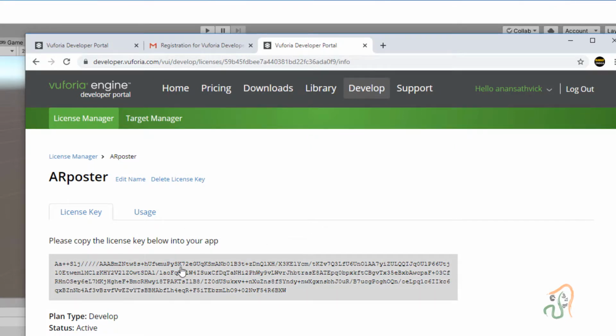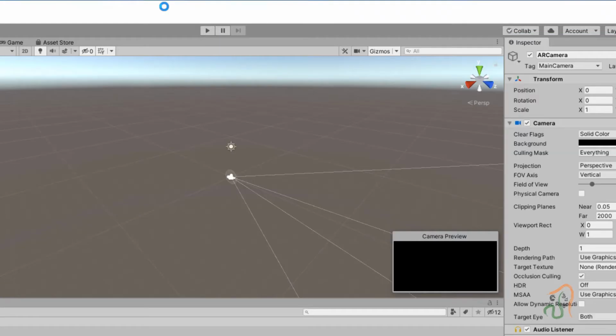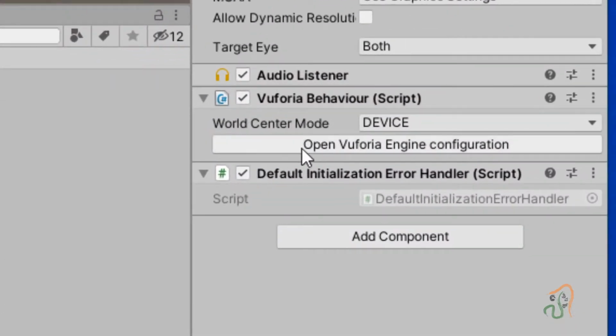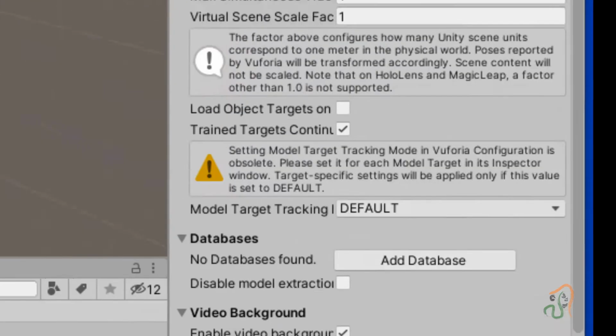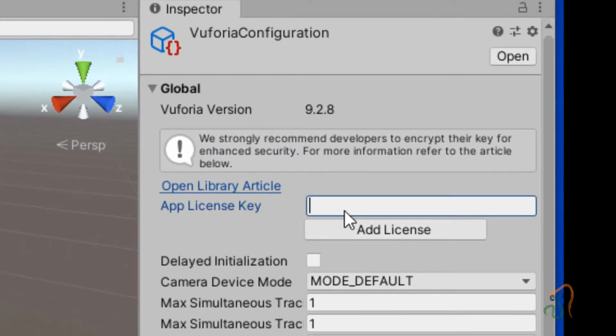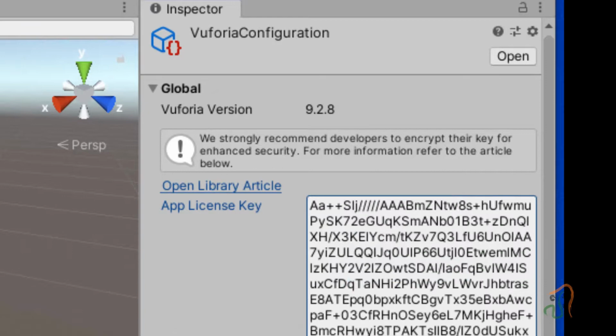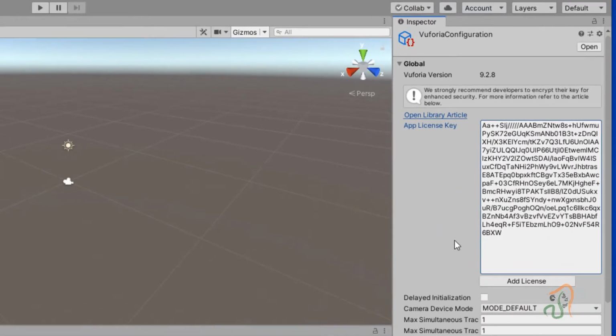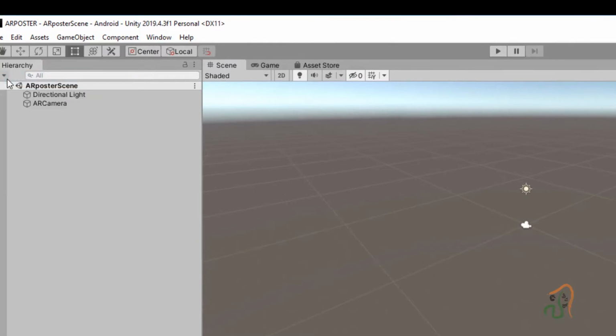Click on it, this will copy to the clipboard. Now come to Unity, and in Unity you have open Vuforia engine configuration. Click on it. You have app license key. Click here, right click and choose paste. Now this license has been added. Now go to file and choose save.